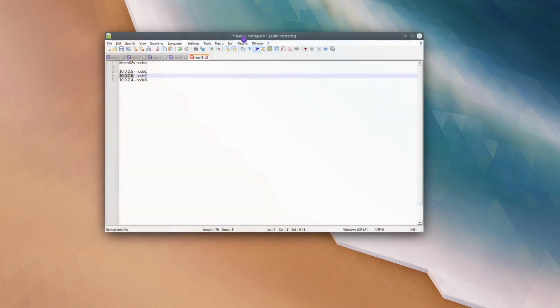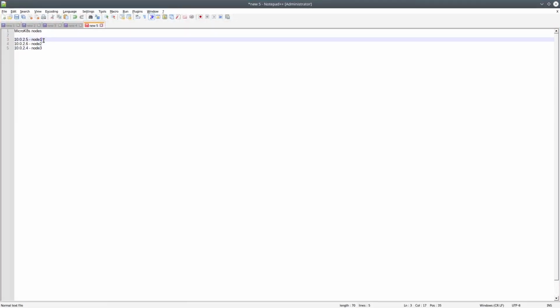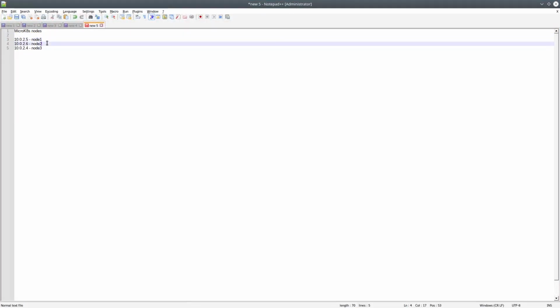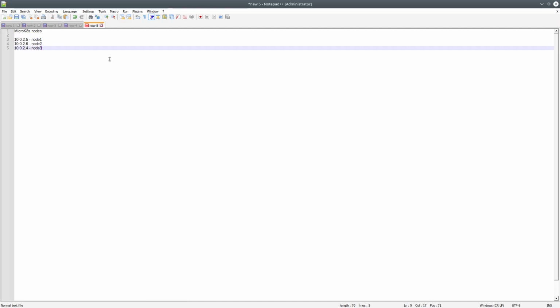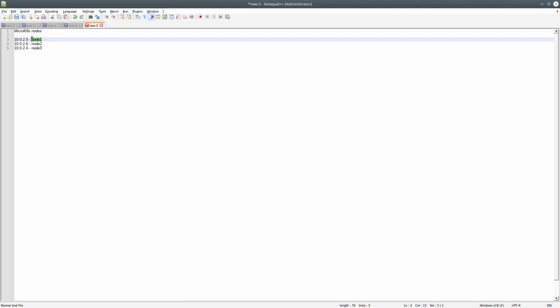I have already noted down the IP addresses. Node 1 has IP address 2.5, Node 2 has 2.6, and Node 3 has 2.4. And these are the DHCP IP addresses. These are not configured manually.